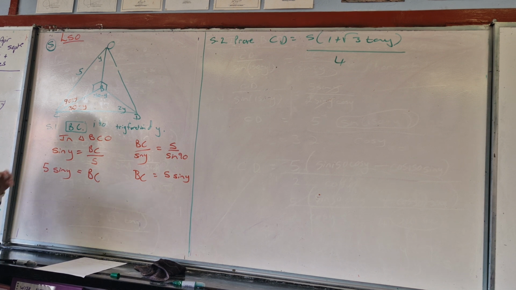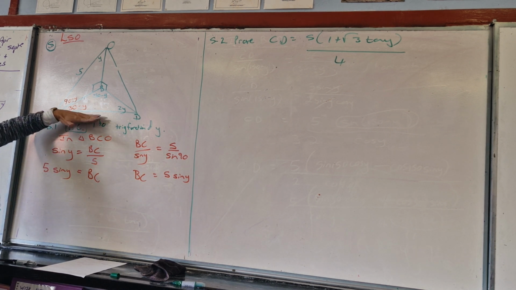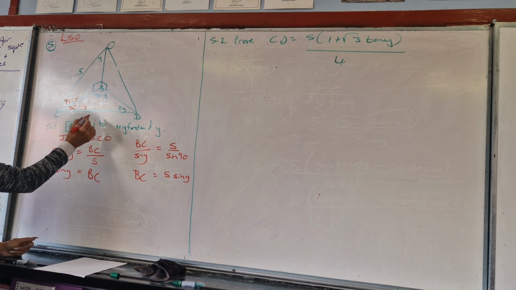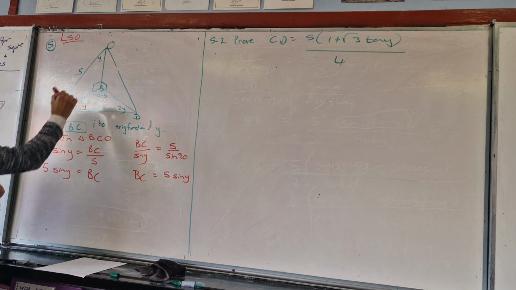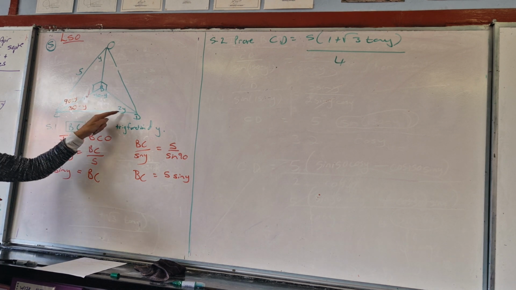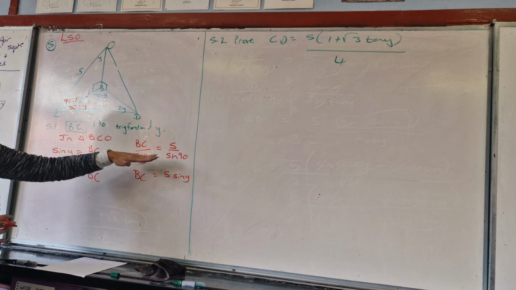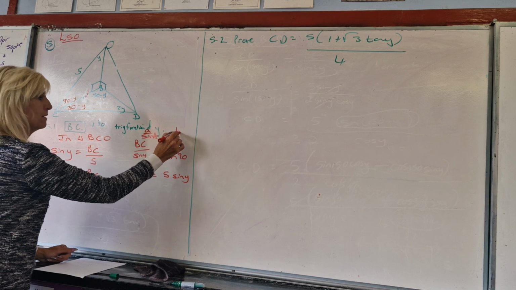2. Once I have it, now I'm going for CD, and they've given me something terrible to prove there, and we've got to get there ourselves. So, finding CD, not looking at the answer yet, because I don't know how I'm going to get there now, but it should be CD over sin, and this side that I've just found over sin of 2y. I'm going to use the sin rule again. Like I said to you, sin rule you should actually always write A over sin A, B over sin B,